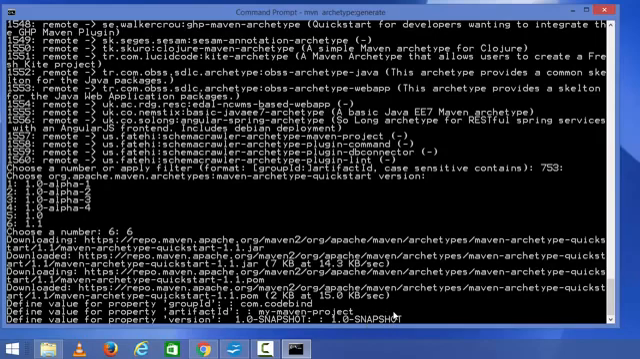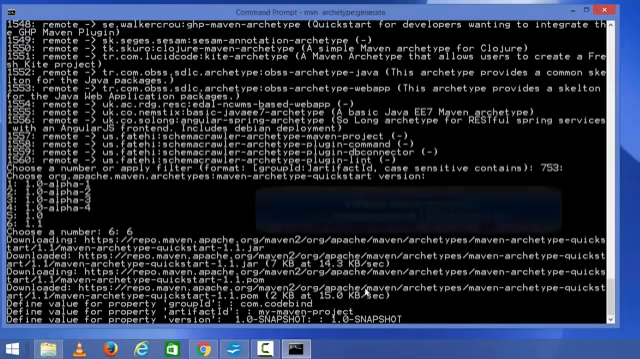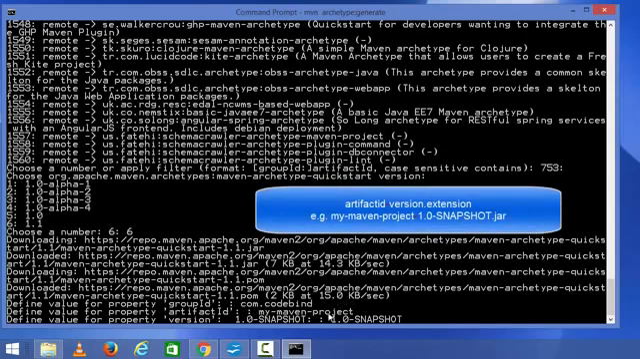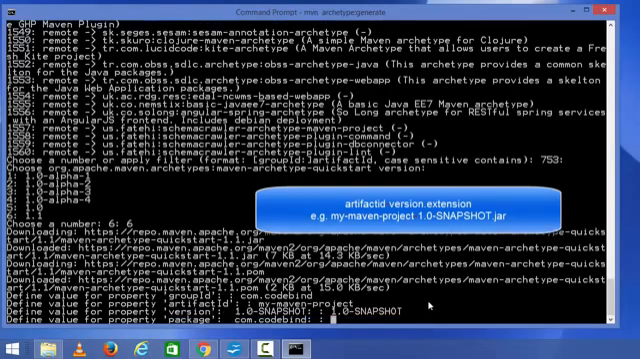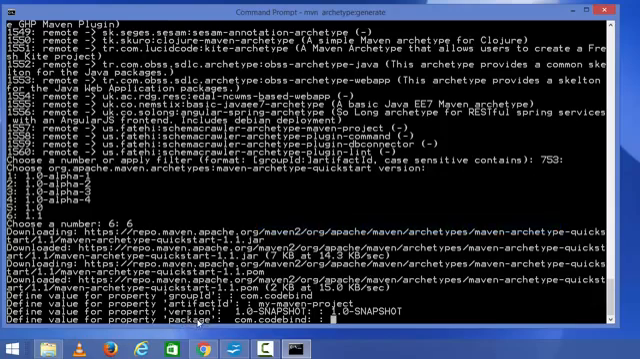Now whenever you build your project, you can generate a jar file or a war file for your project, and the jar or war file name will be this name, which is artifact ID dot your version name. So artifact ID is my Maven project dash 1.0-SNAPSHOT, and then the extension, for example, .jar. So press enter, and now it's going to ask you for the package,